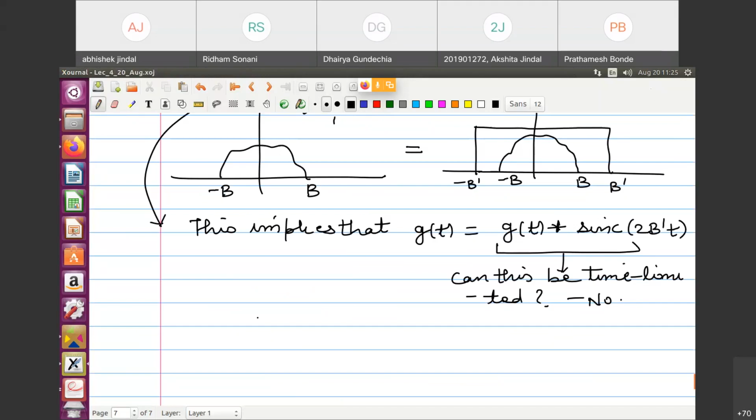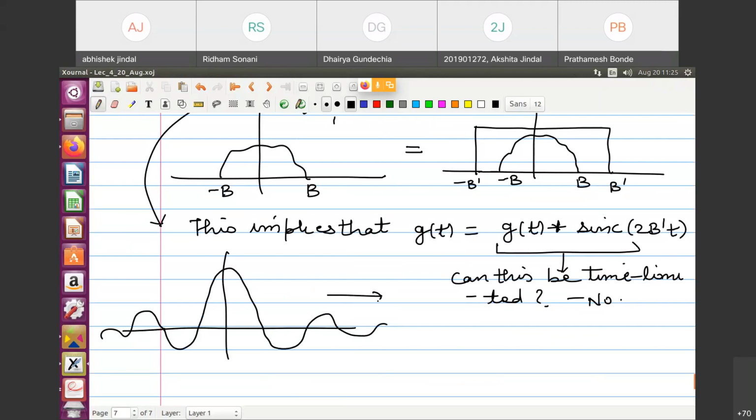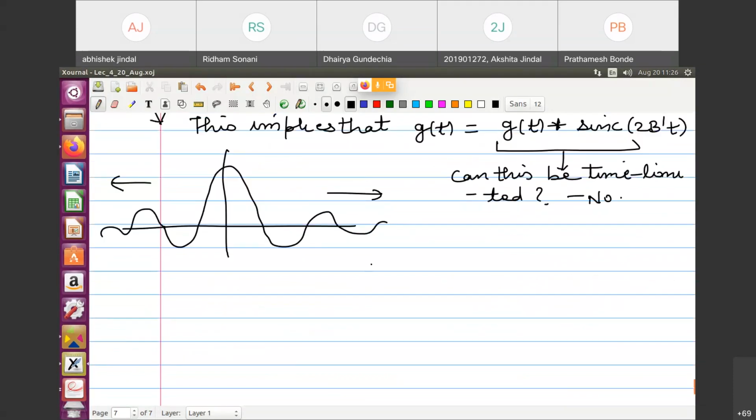You are absolutely right. Suppose this was the sinc function, and this goes. Now the problem with this sinc function is that it is not time limited. This stretches from minus infinity to plus infinity. Now if I flip this sinc function and I shift it to the most possible left limit, it means I take it to minus infinity. Flip sinc and then